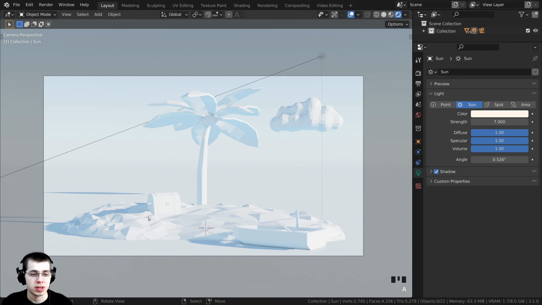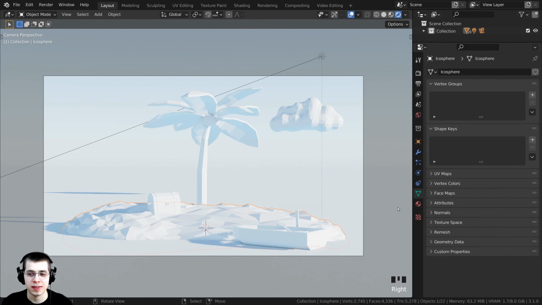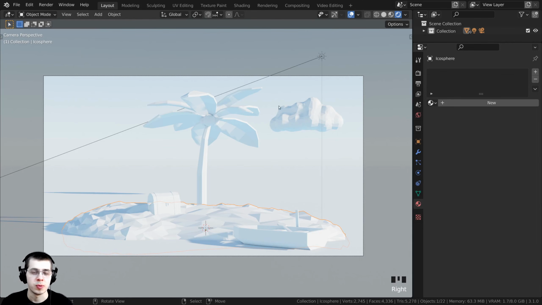So I'm first going to do the material for the island, so I'm just going to click on the island right here, and then I'm going to click over on the material properties. So over here in the material properties we can add materials to the different objects. So I want to add a new material to this object, so make sure you have it selected, and then